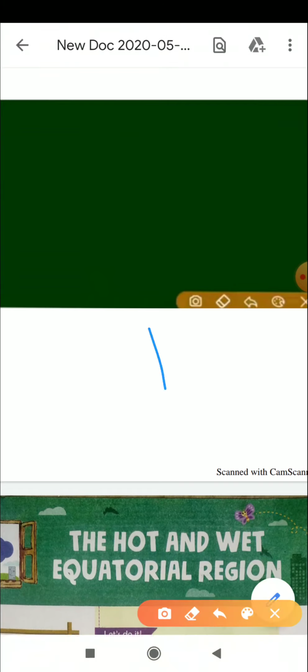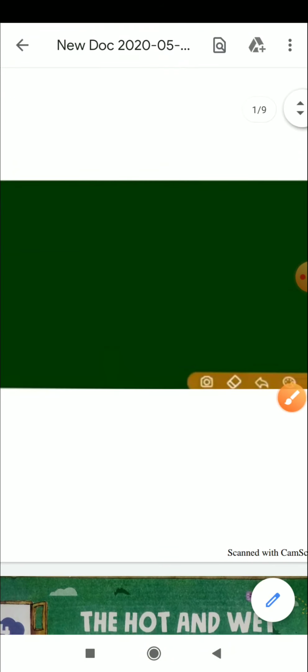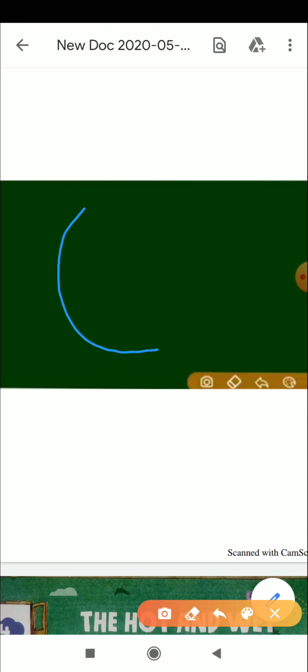First, students, this is our earth. It can be divided into three parts according to temperature.